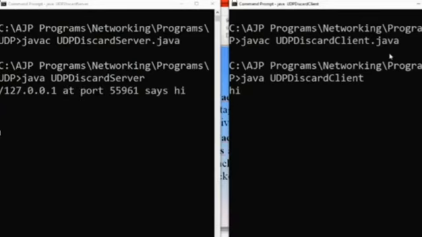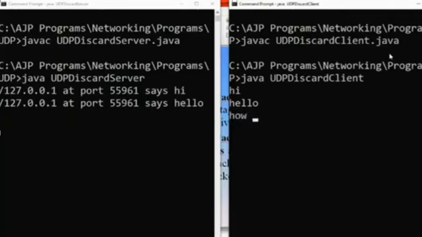Here we can see at the server side, localhost is displayed, 127.0.0.1, and the port number is also given here, 55961, says hi. So this is the message displayed at the server side. Again I am going to send some messages from the client. The client sends hello, and hello is displayed at the server side.